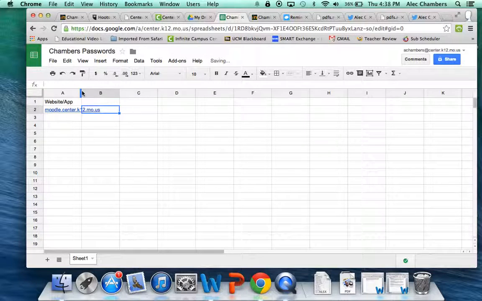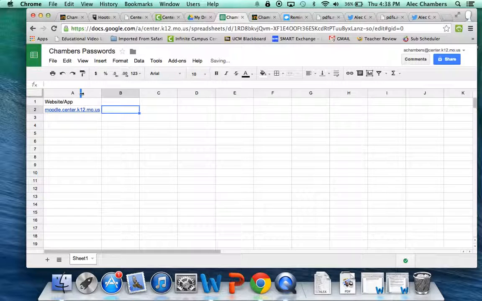Okay, and then if I go right in between here where the arrow shows and I double click, it'll take it to the width, and it'll change the width of the column so that it doesn't cut anything off. We then need the username, and I'll put in A Chambers, and then we need the password,